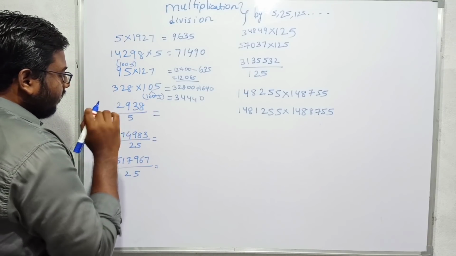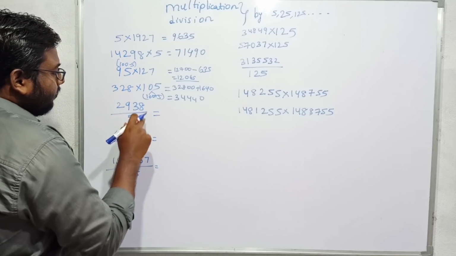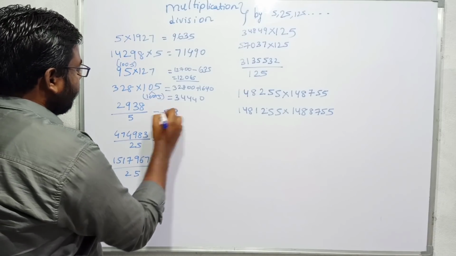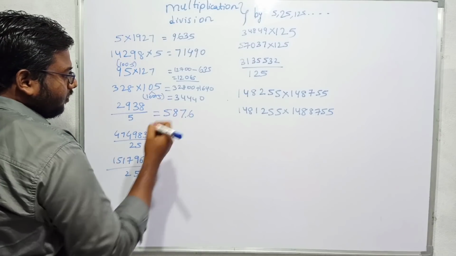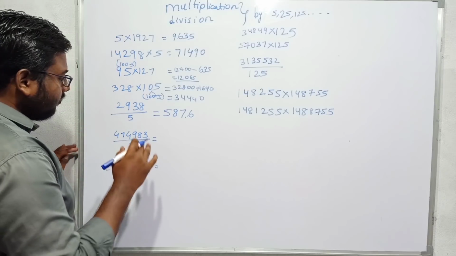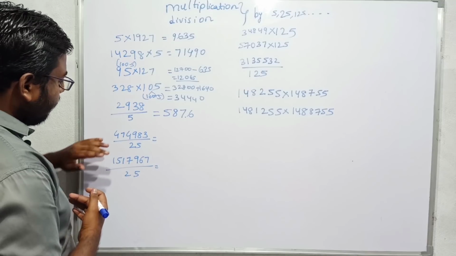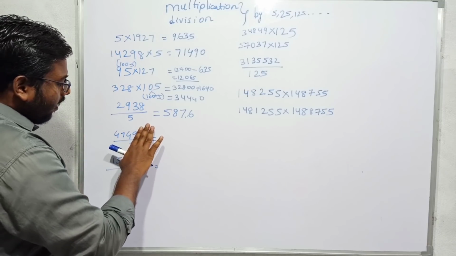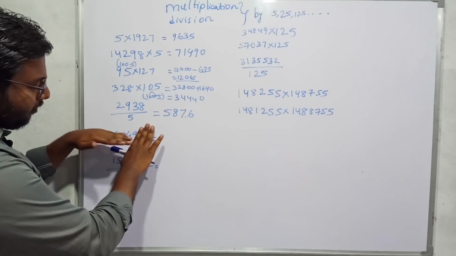So if I have to divide the number with 5, that means multiplication with 2. That means this is 5876. I should keep 1 point before it, so this is 587.6. The division with 25 is nothing but multiplication with 4. So I will calculate this without touching the pen, no need of a pen. And we saw this concept also. I have to hide the last two digits. Now I have to calculate the multiplication of 4749 with 4.